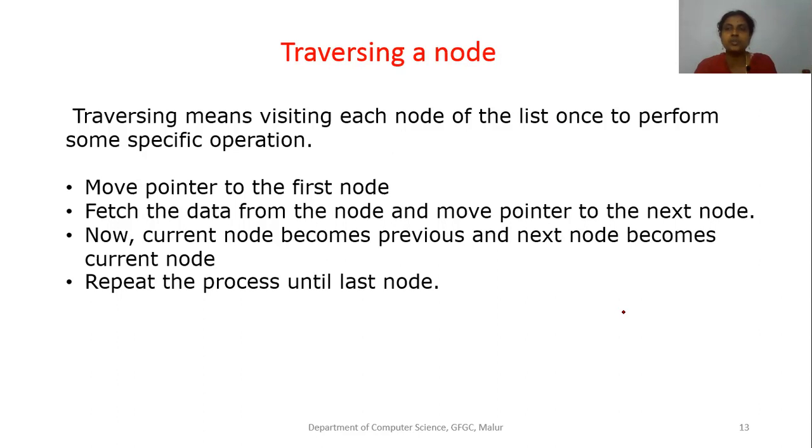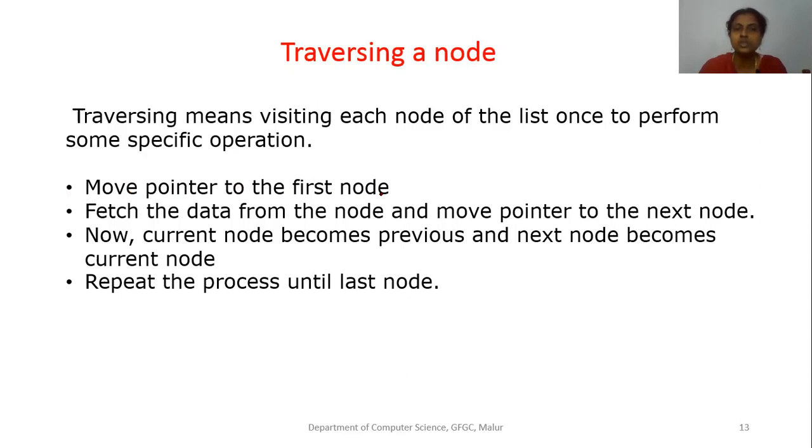From the head node, the first node will have the second node's address, so it will jump to the second node. The second node will have the third node's address, so it will take us to the next, until it reaches the null value in the next part. It will visit all the nodes. Same thing what we do in a single linked list, here also we will do. We will just quickly see the steps behind this.